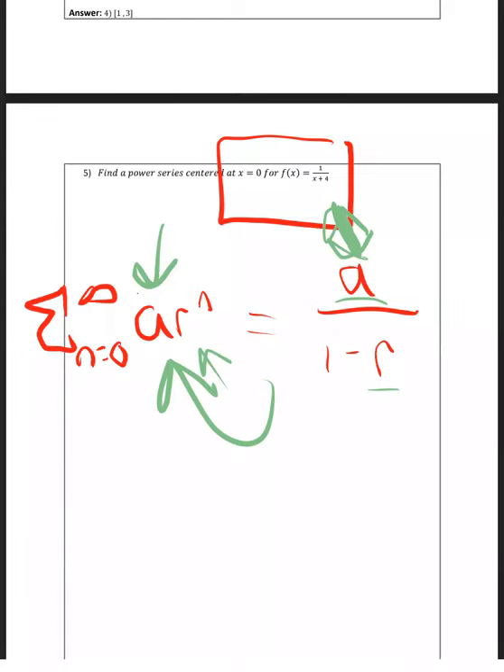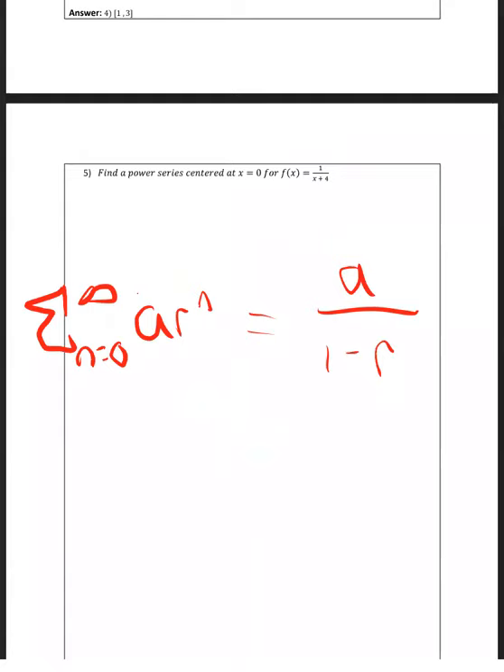I want you to pay very close attention to this formula, a over 1 minus r. Notice how it kind of looks like it, but it doesn't look exactly the same. And that's the goal of this. So first and foremost,